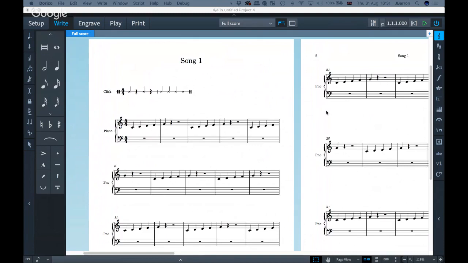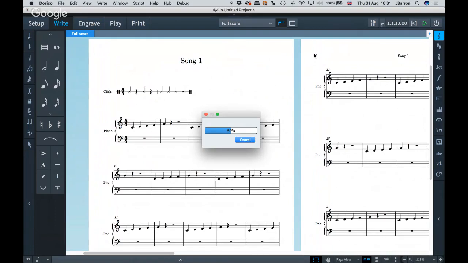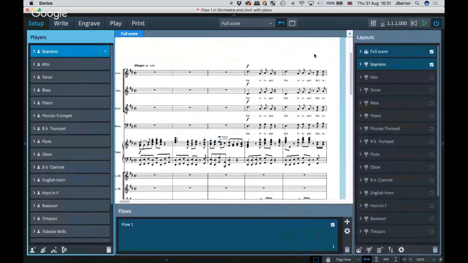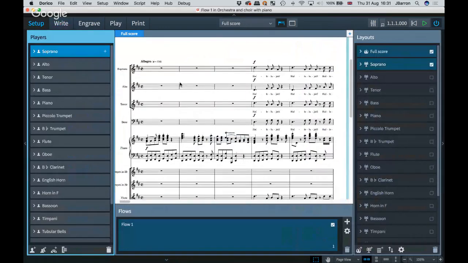One other case I wanted to show today was actually an orchestra and choir option. So this is a file that I will load, so I don't have to create everything from the beginning. But what we have in this piece, if I